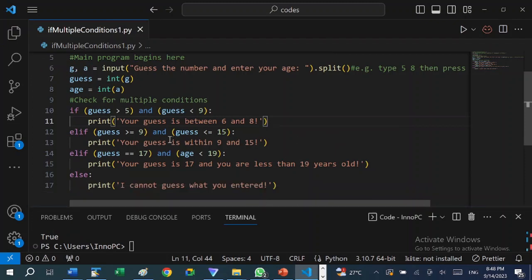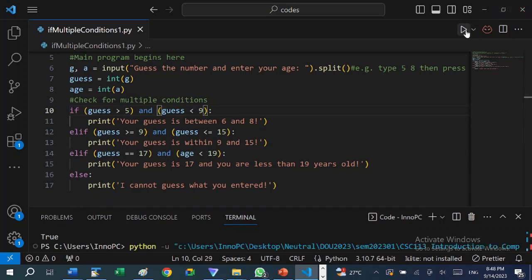So in running this program, we are going to take a choice of something between 5 and 9. Then we take a choice of something between 9 and 15. And then we take another choice of 17 and something below 19.